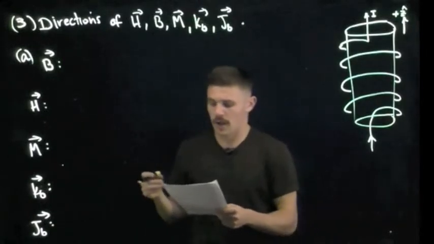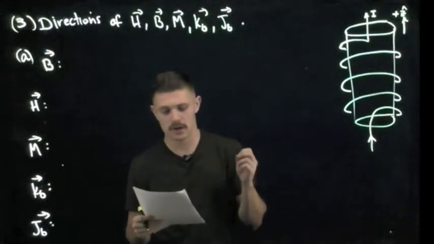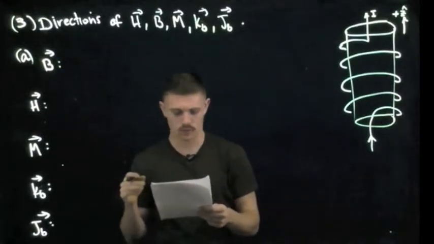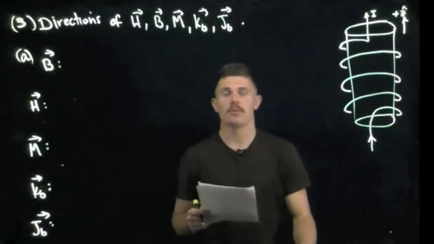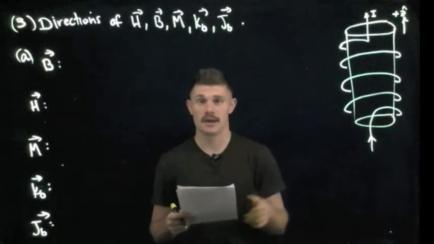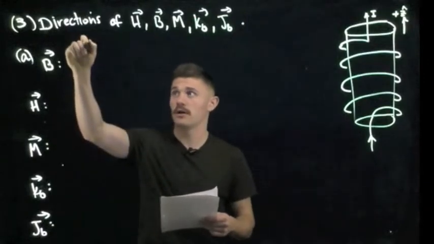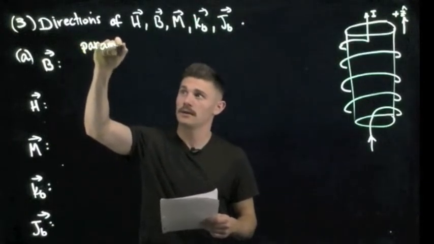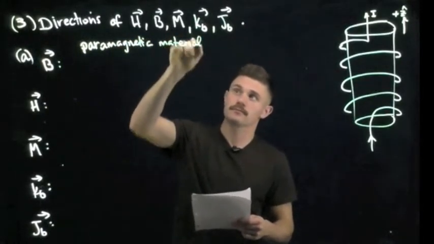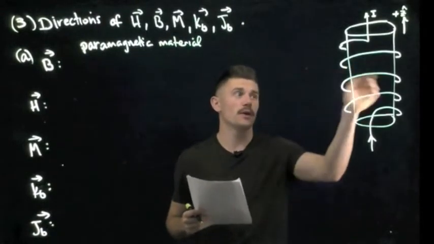In part A, we have a paramagnetic material. Of course, paramagnetic and diamagnetic materials have a magnetization that's sustained by some sort of field. We can look in chapter 6.1 of Griffiths to read about magnetization, paramagnetic materials, diamagnetic materials, and ferromagnetic materials. But specifically for this paramagnetic material, we have initially, for the direction of the magnetic field B, some current flowing around the solenoid